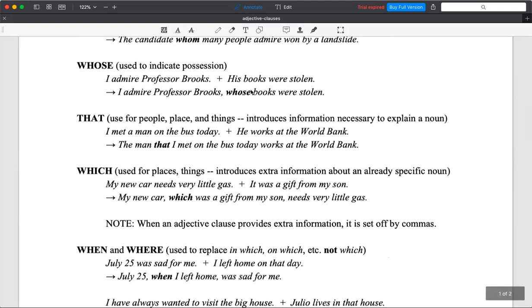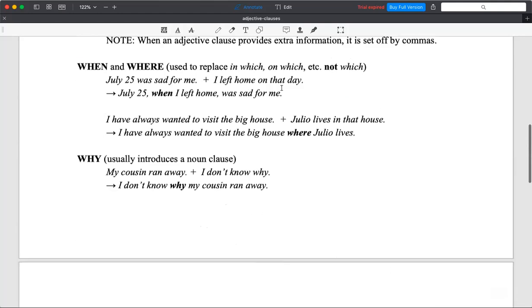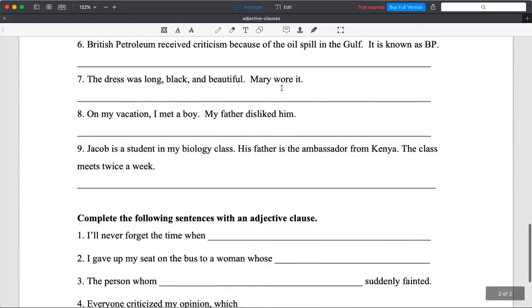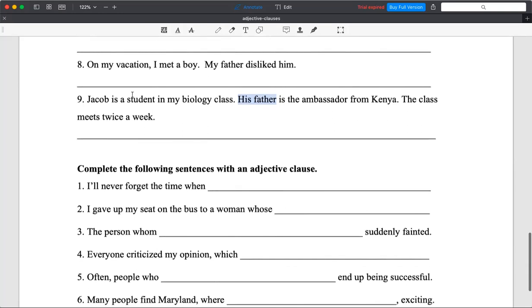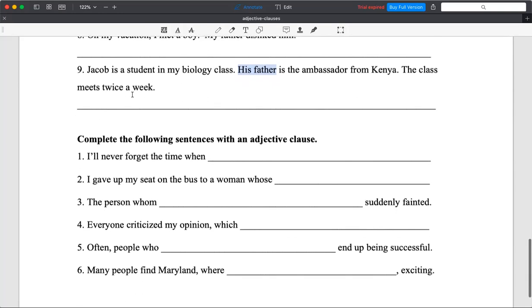Because we learned whose is a possessive case, if I say his book, I say whose book. Here, because it said his father, I change it to whose father. You were correct, aside from the spelling, W-H-O-S-E. So I would say Jacob is a student in my biology class whose father is an ambassador from Kenya,